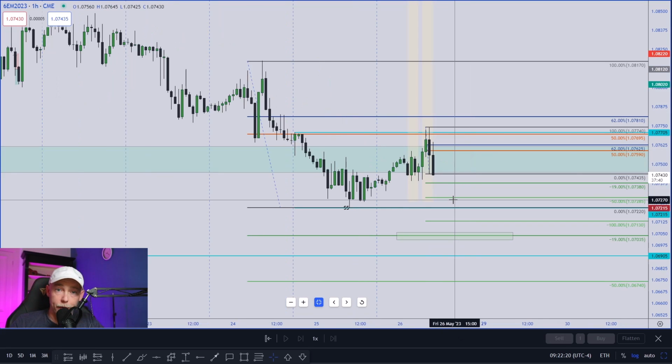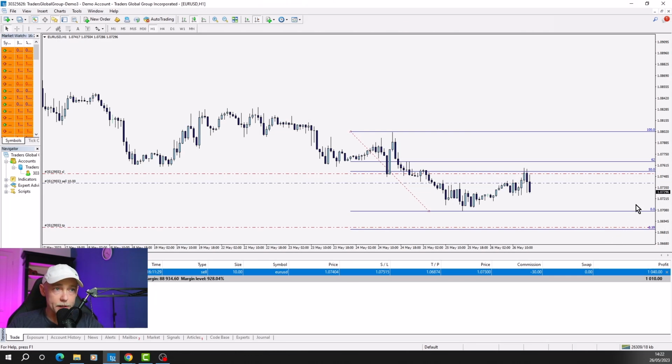Let me show you the My Forex Funds account. Okay, so this is the My Forex Funds account there. You can see I'm short. My stop loss is just above this high. I'm risking about $1,100 in the trade. Looking for price to move lower. If we get down to this area here, it'd be about a $5,300 trade. Potentially could get out at these lows here, which would be